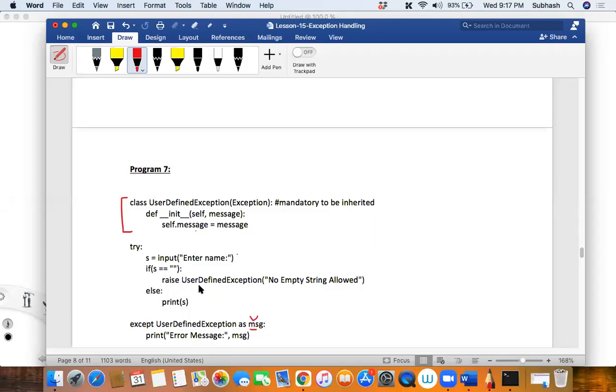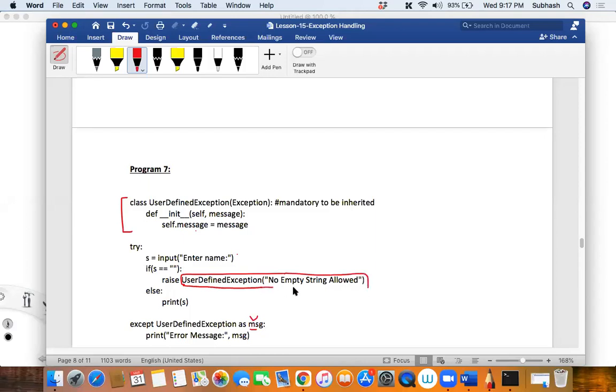It was a predefined class. But now I am raising whose exception now? It is my own exception. Did you see that? I'm raising my own exception. I have created a class, right? So to raise an exception, what does it have to do? Don't you think I have to create an object? I have to create an object, right?